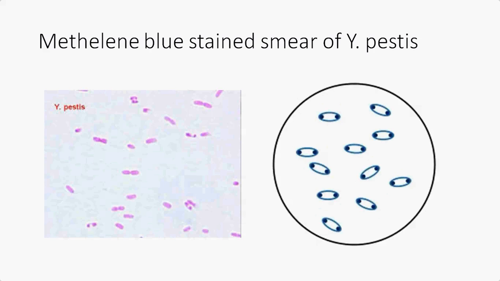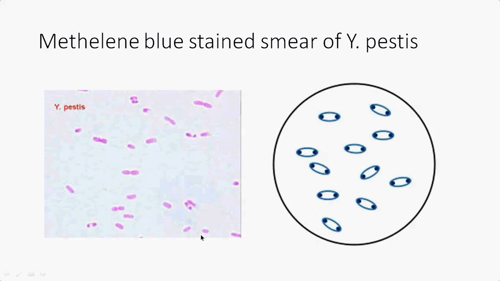So immediately we can do a methylene blue stain smear of Yersinia pestis. It can be taken from blood, even from tissues, the infected material of the rat or the carcasses of the rat, or the splenic puncture or splenic tissue in postmortem cases. An imprint smear is prepared on the slide and stained, and this staining will result in particularly bipolar staining.